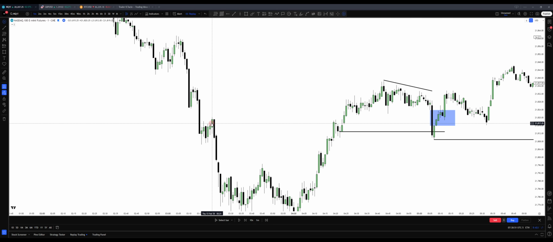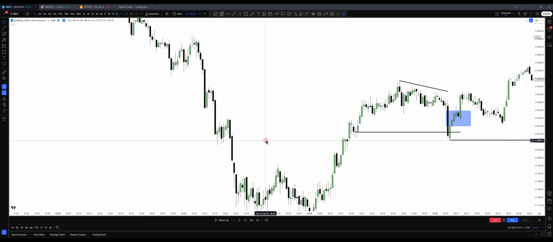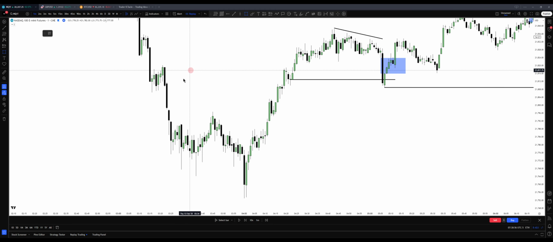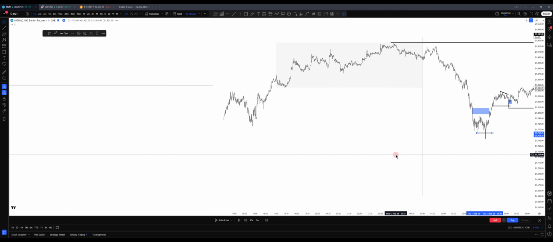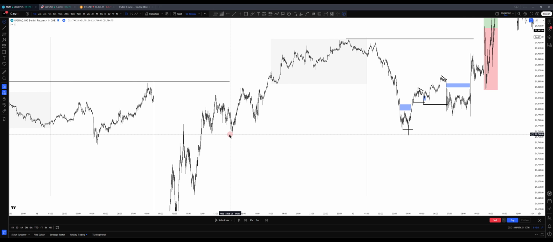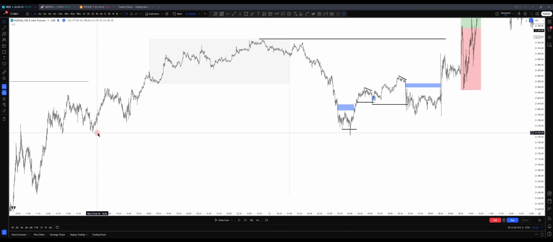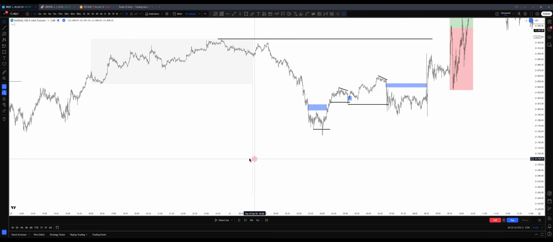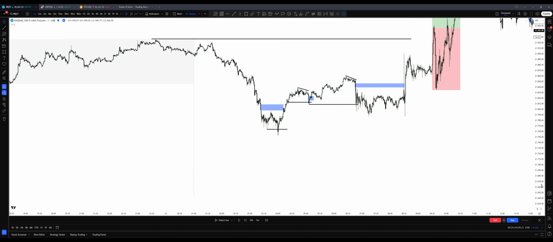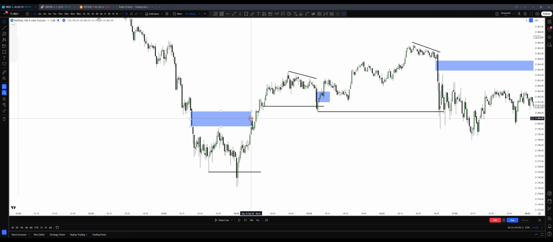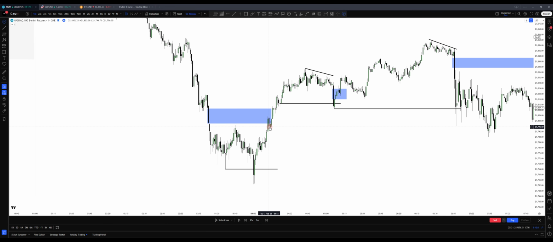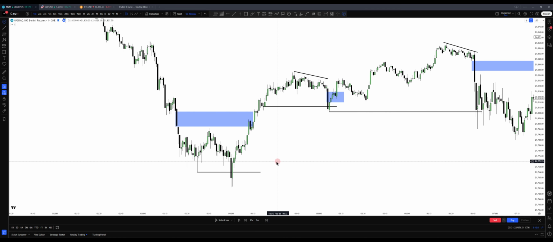Same goes to here, same goes to here, right? Let's say we already took out liquidity down here. We already took out some sort of major liquidity. Yeah, we took out some equal lows right here, which is maybe previous daily low, I think, right here, which we took out, and then you would not want to participate in this move. You'll get a small reaction and then boom to the upside,